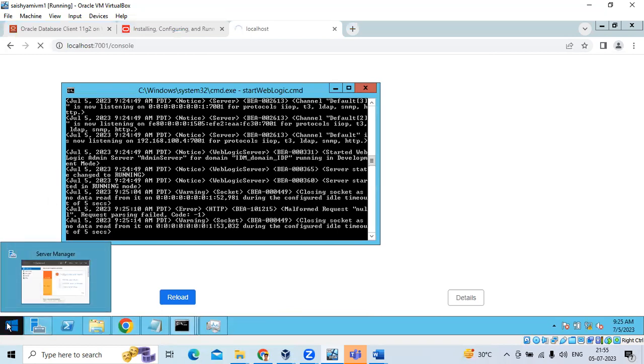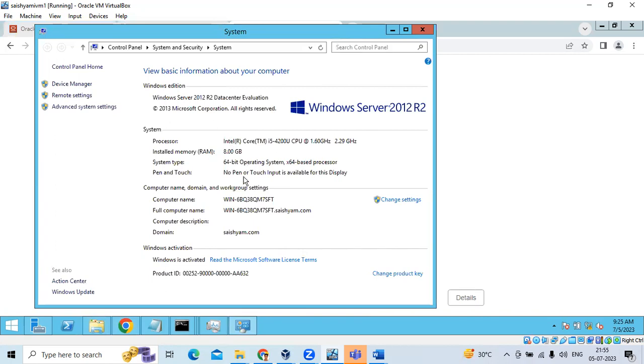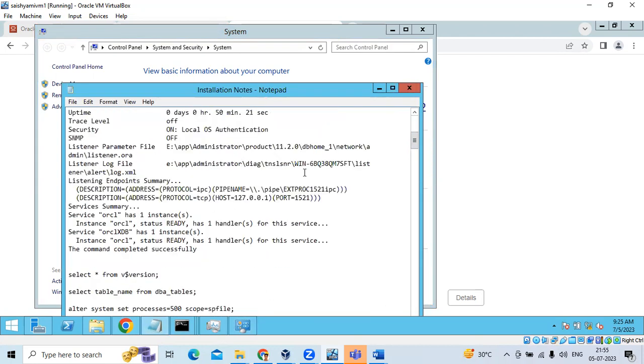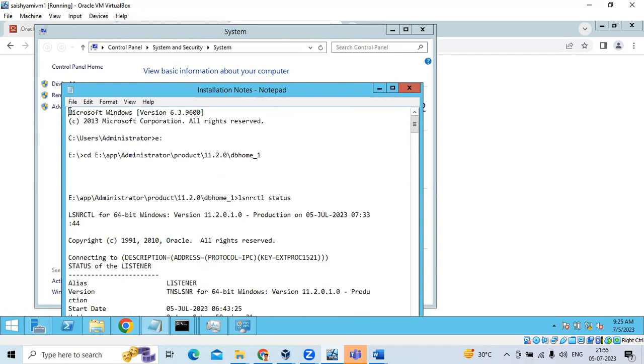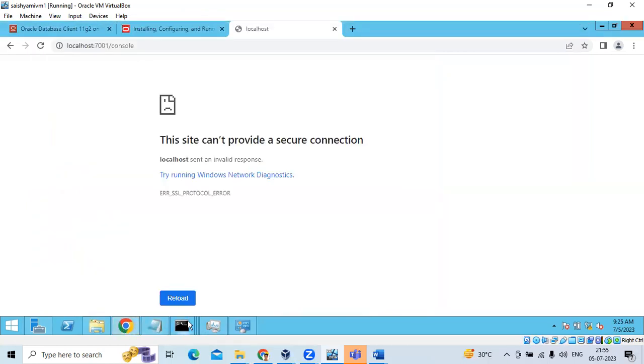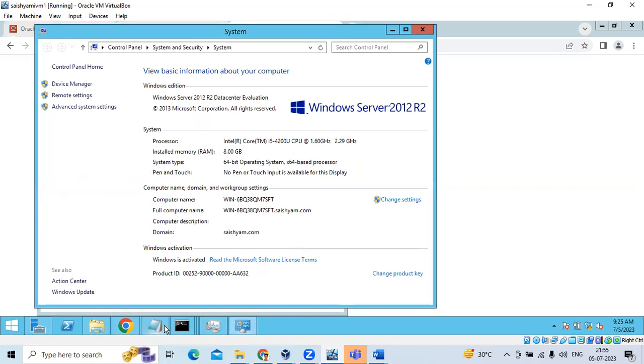Maybe we need to give the FQDN name here instead. So I give something like this. Basically, if I go to my computer, and then I give the machine name, win